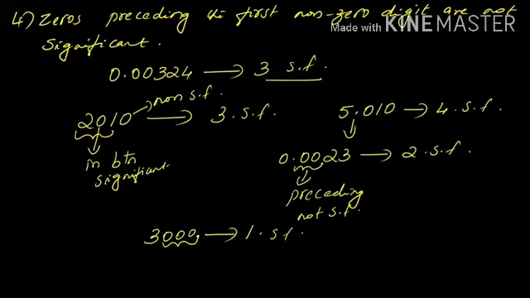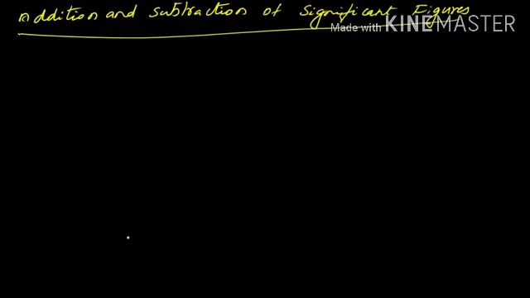Okay. I hope you have understood how to find the number of significant figures. Now we can study how we can do addition and subtraction, multiplication and division, all these mathematical operations using significant figures. So the first one that we are dealing with is addition and subtraction. Addition and subtraction have the same rules itself, and it is somewhat easy to do.